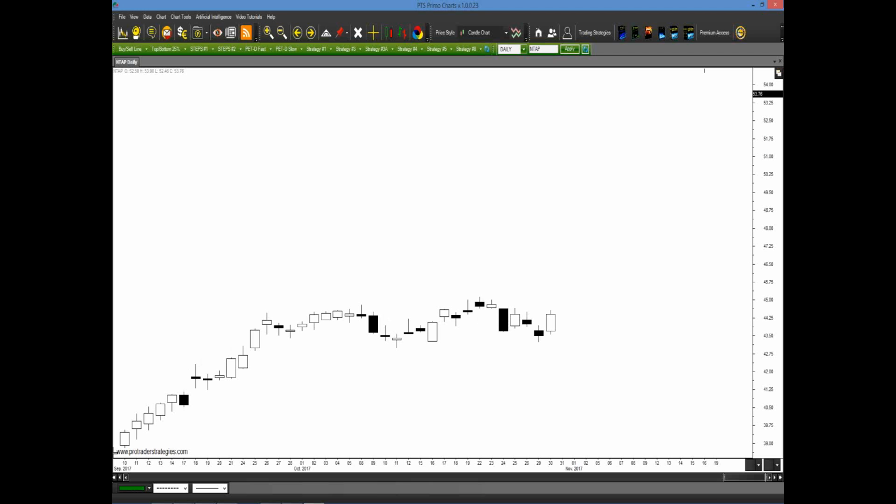Now, let's just say in this instance, the chat room told you that, well, we like to study a lot of what the institutions are doing. And the institutions have been selling right here. So this is major resistance. So if anything, you should be actually exiting this stock or looking to sell to go short, because there's just too much resistance here, because all the institutions, that's the big money, is selling, so therefore you want to be selling with them, right? Now that's conventional wisdom.